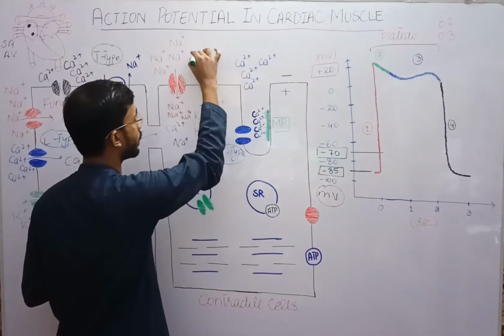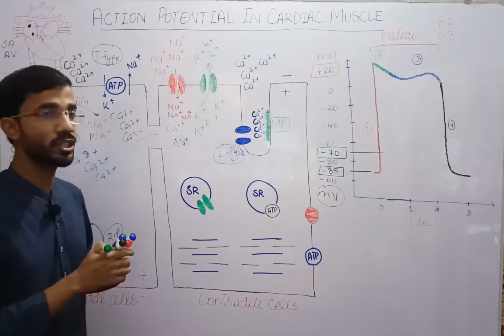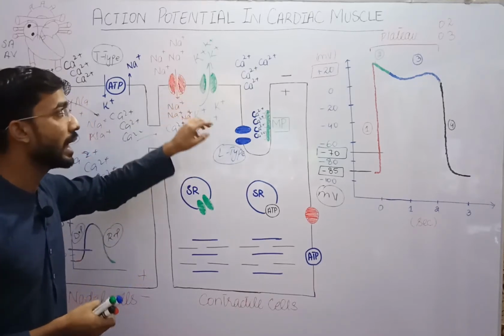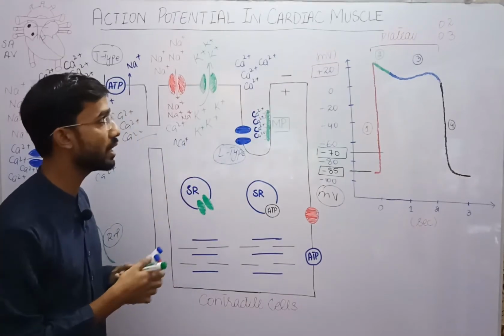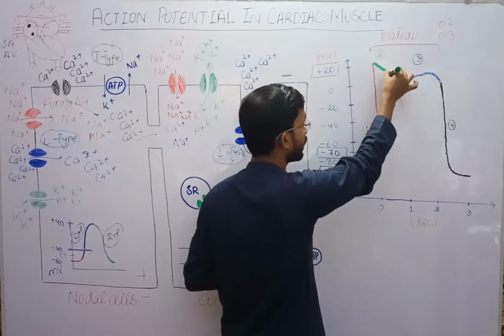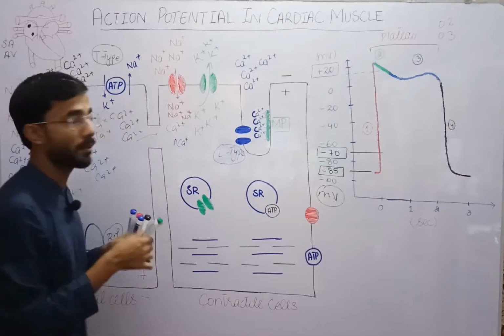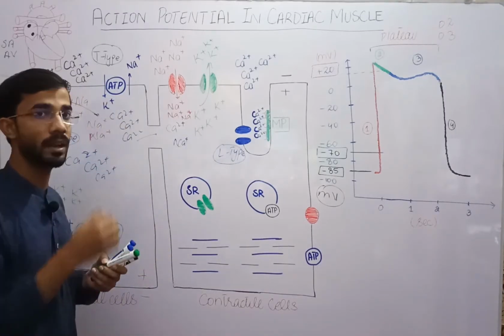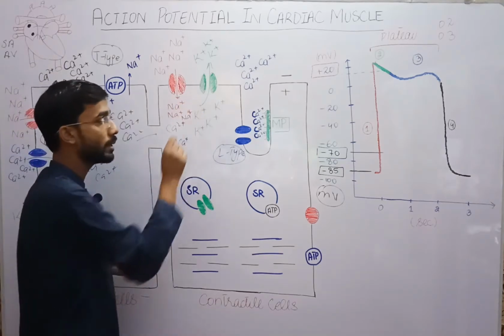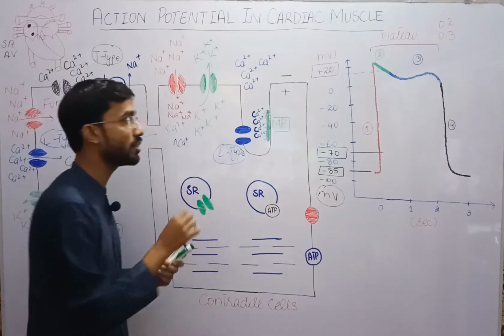and potassium rushes outward, and due to the rushing of potassium from inside to outside, the membrane potential will decrease for a small duration. Here you can see it shown by the green. It means the membrane potential will be less positive, and after that the sodium and potassium channels close and the calcium channel, which is the